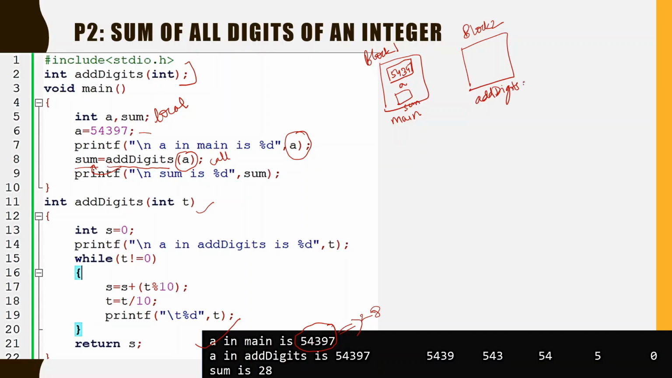Okay, and in this add digits function you can see there is a formal parameter which is t. So I will initiate a variable t, and it also has an s. This s will be used for storing the sum, and it has been initialized with 0. Okay, so this happens, and since it is a call by value,